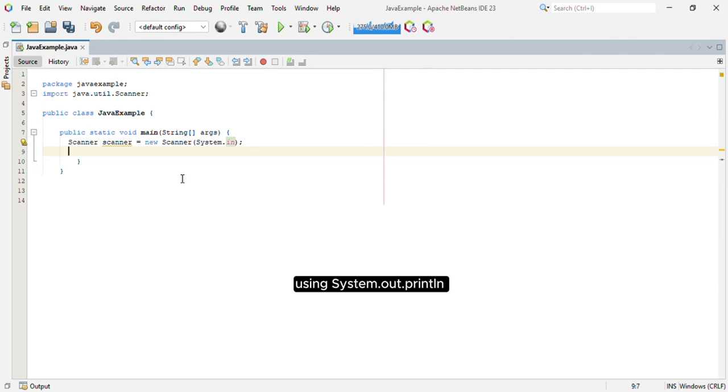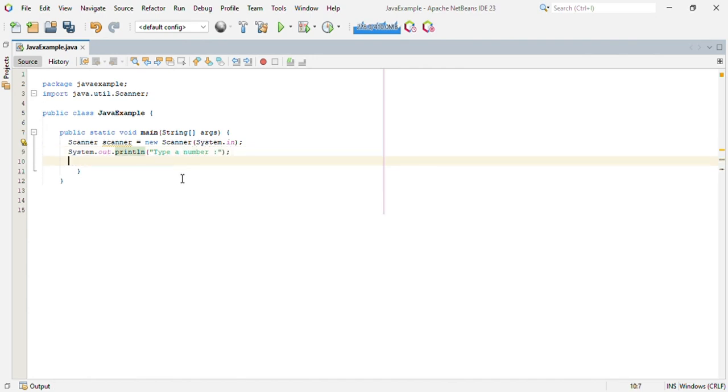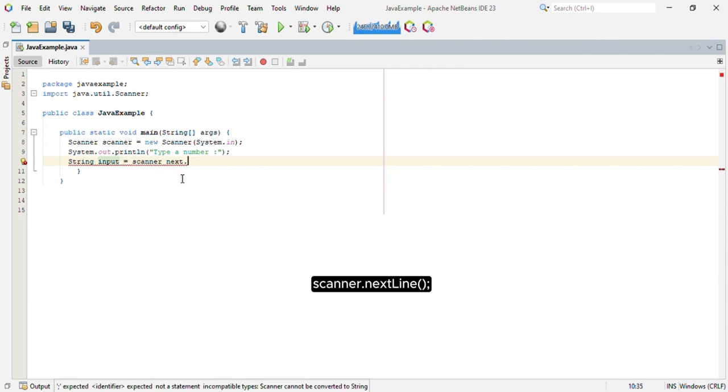Using System.out.println, we prompt the user to type a number, and then String input equals scanner.nextLine.